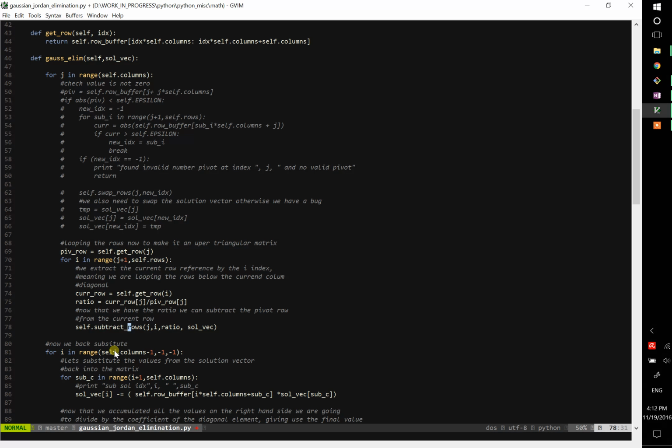Because basically now we want to do row 1 minus row 2 times the ratio. And that's exactly the argument we are going to pass: j, which is the source, the row we want to subtract. i is the destination, the row we want to subtract from. We have the ratio, so how much we subtract, the ratio of the first row, the row we subtract, and